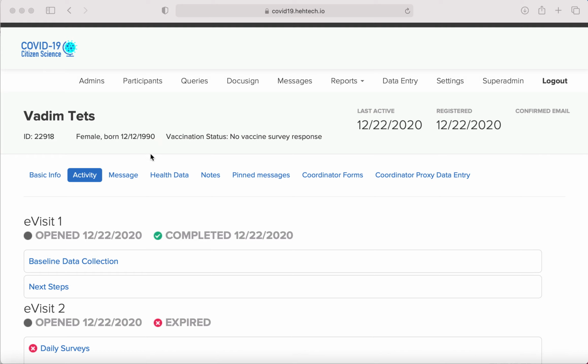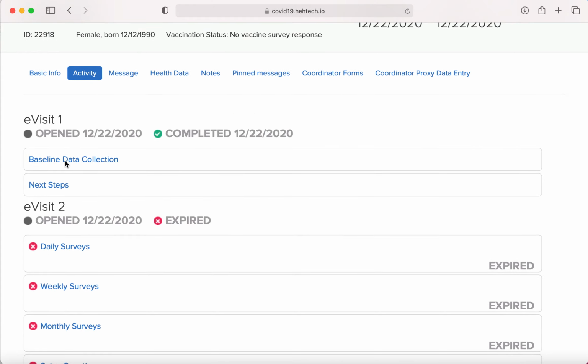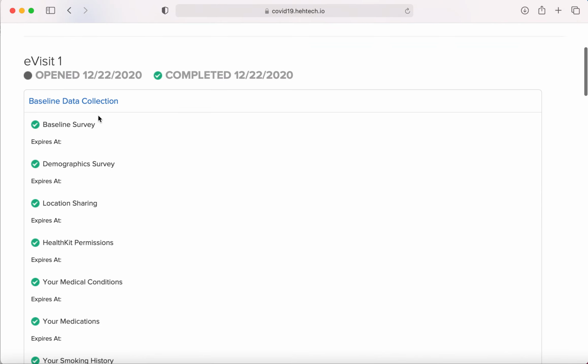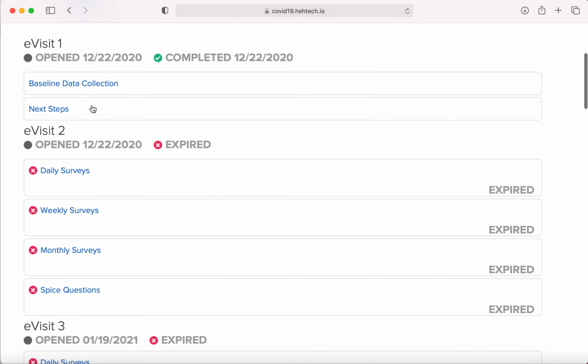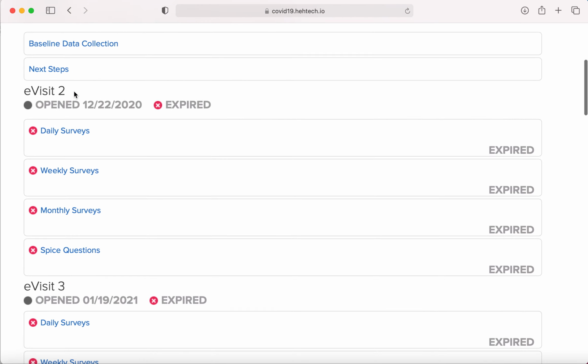This is one more example of a test user that I found. I just wanted to show you, I'm in the activity tab for this participant. I can see that they did their e-visit 1 late last year and they completed all of those baseline activities. And then there's a lot of red X's, but I just wanted to show you that there's participants that will